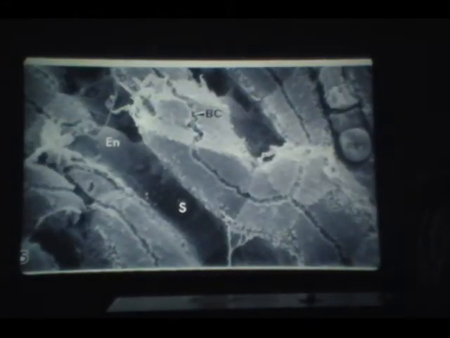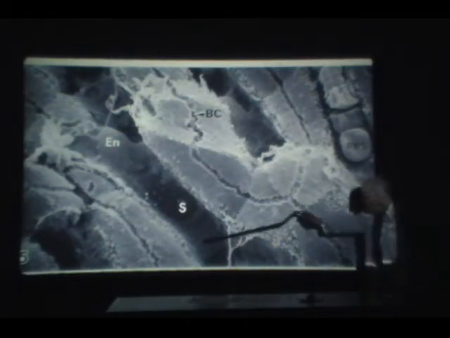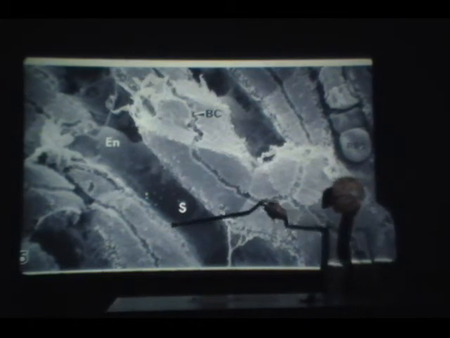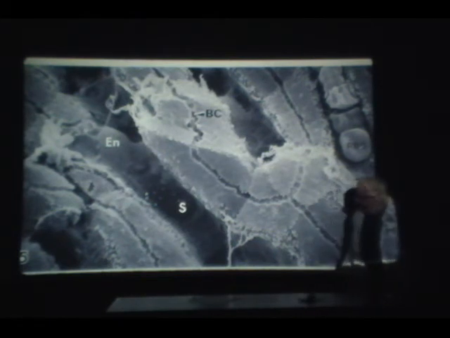And here again, sinusoid, bile canaliculi, always separate from one another, always. And here you can sort of make out the space of Disse with the microvilli of the hepatic cells. The next slide